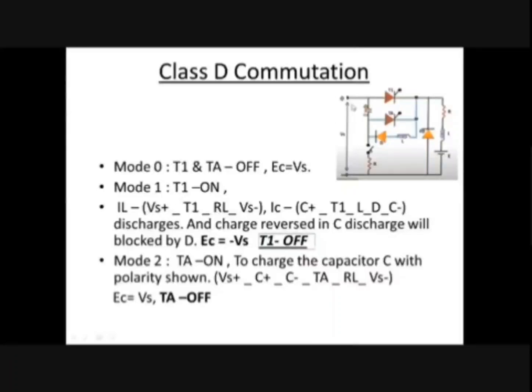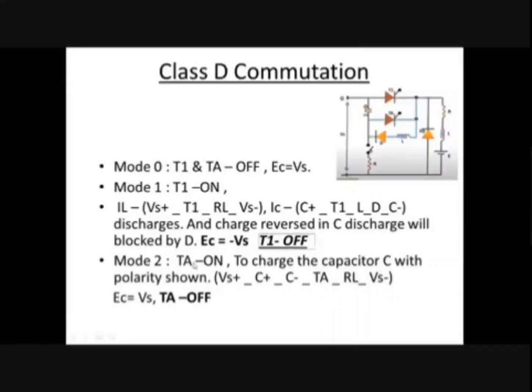In mode 1, T1 is turned on, so that there will be two currents. Load current IL will take the path from Vs plus, T1, RL, Vs minus. The capacitor current IC will take the path C plus, T1, L, D, C minus. Okay, that is, it discharges, and it will charge in the reverse direction, so that EC becomes minus Vs, and as